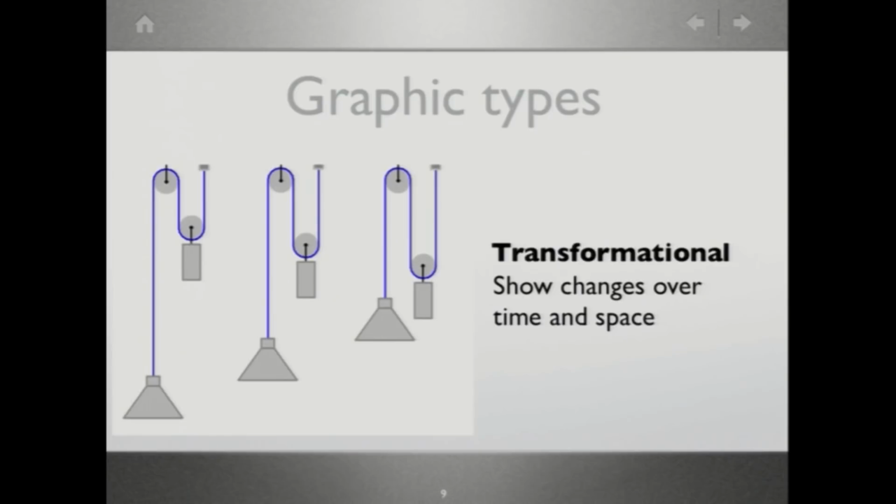However, when there is a change over a period kind of concept involved, then we require something called a transformational graphic. So what happens at a particular time, what happens after X number of hours have passed or minutes have passed, and so on and so forth. These are transformational graphics where you say state A, state B, state C, so that the user can easily relate to these stages.